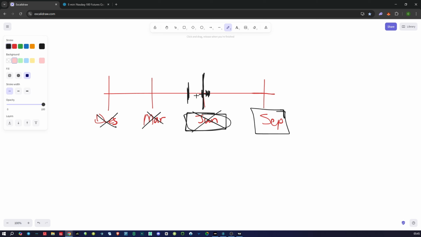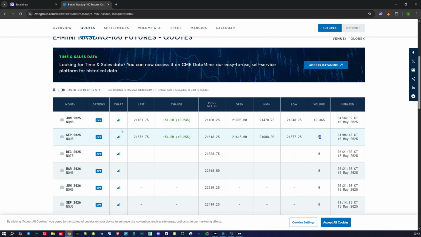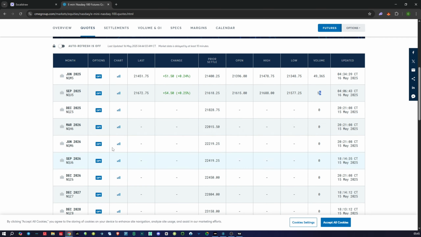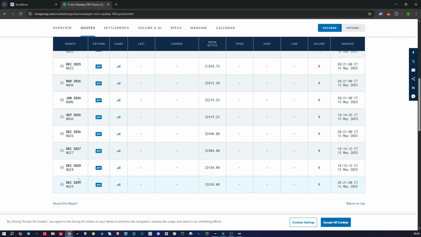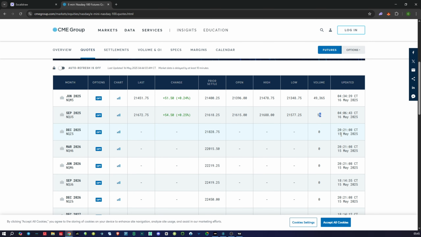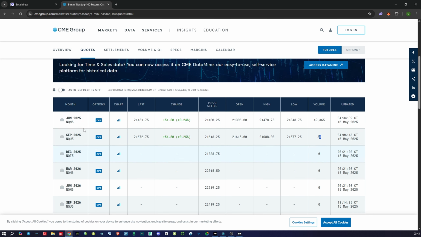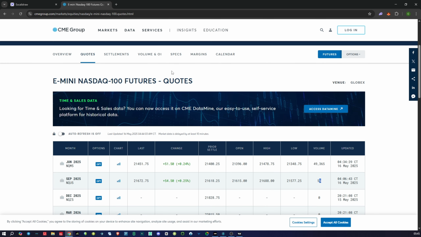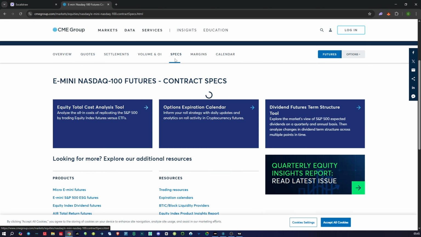All right. So I think all futures are trading like that. You can see these are the future contracts that are going to be traded, and nothing is currently trading there. And then going to the specs,